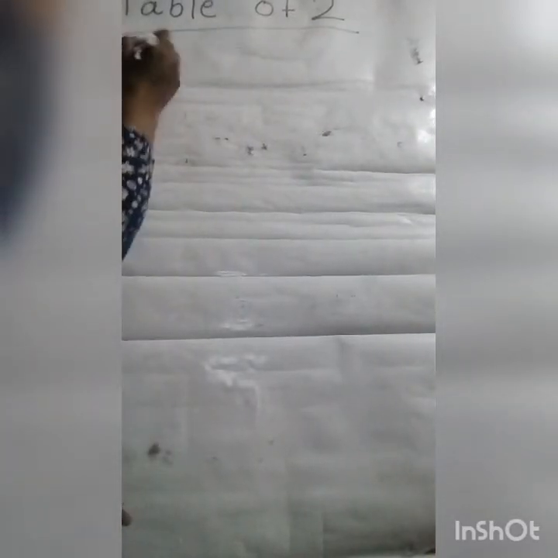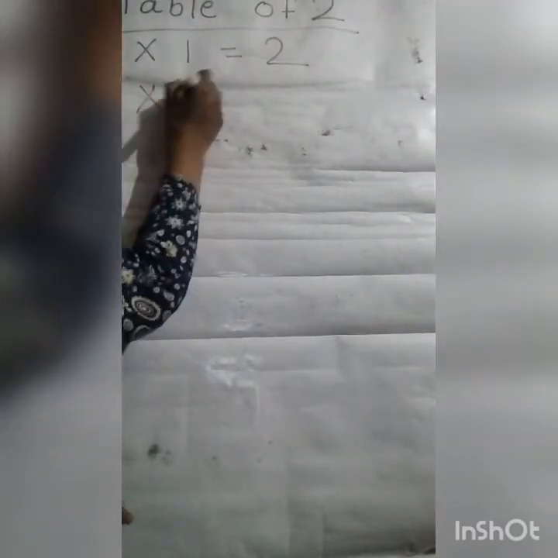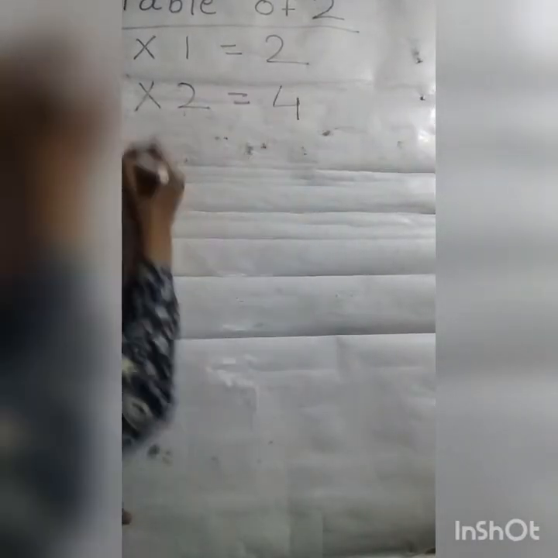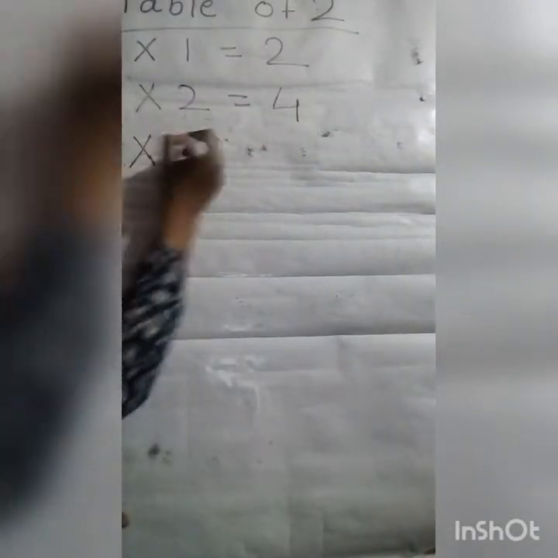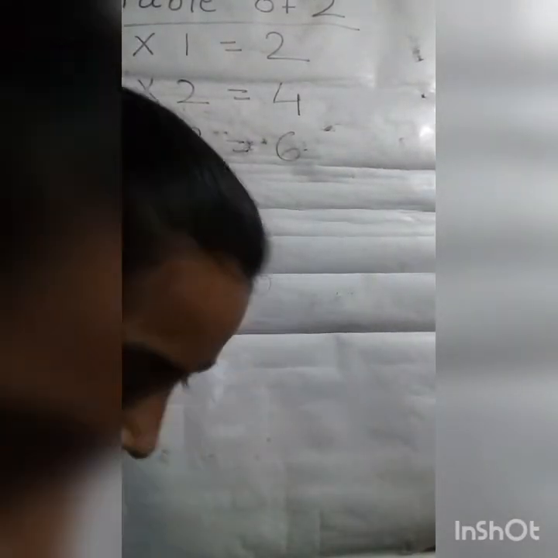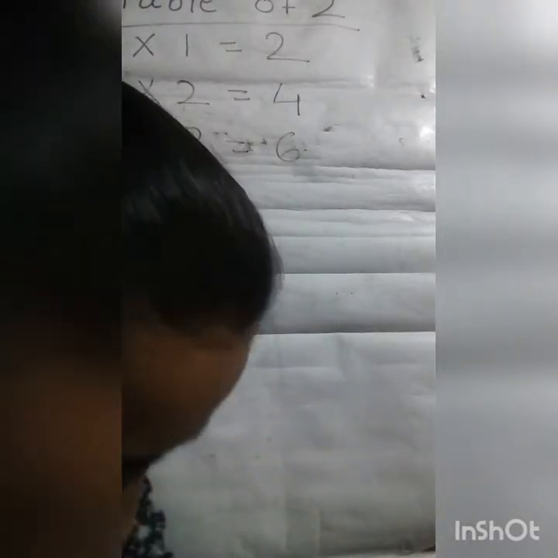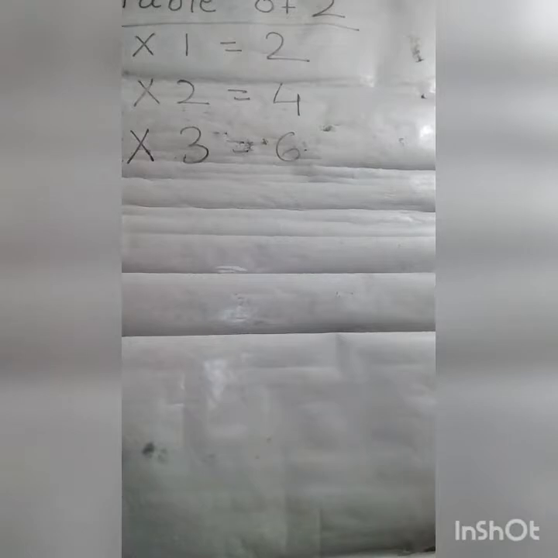Okay. So 2 into 1, 2 ones are 2, repeat after me, 2 into 2, 2 twos are 4, 2 into 3, 2 threes are 6, then 2 into 4,